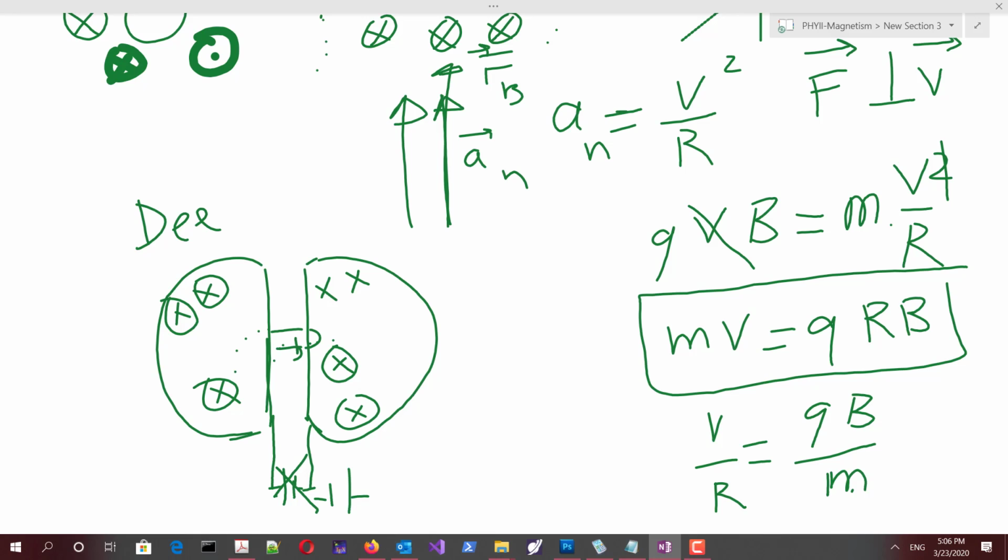As the particle enters the second region, again it's going to be turned, because everything is the same as before, except the velocity is now in the opposite direction. So it's going to turn in the opposite direction and emerge from the other side. The minute it emerges, I'm going to flip the polarity again. The rate at which I flip the polarity is this frequency: v over R is omega. If I do this flipping back and forth of the polarity, I always make sure that the particle